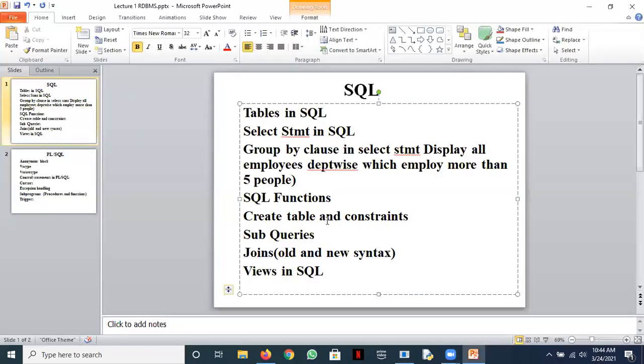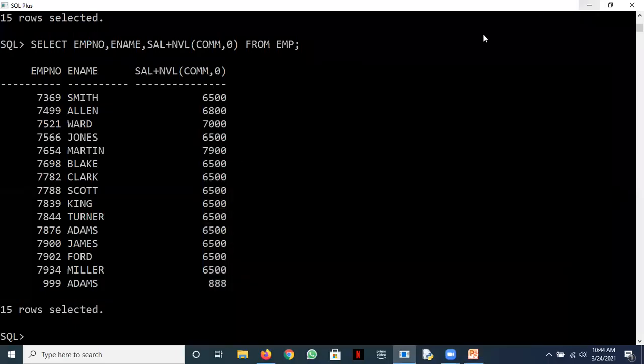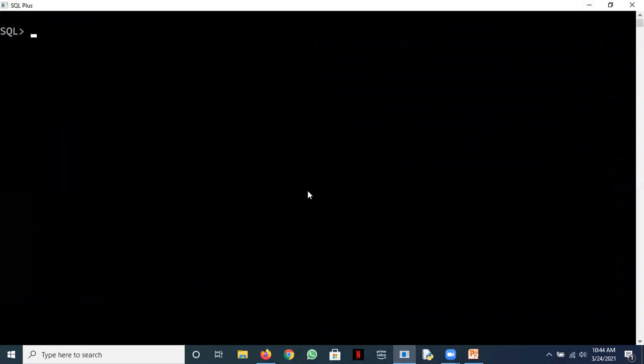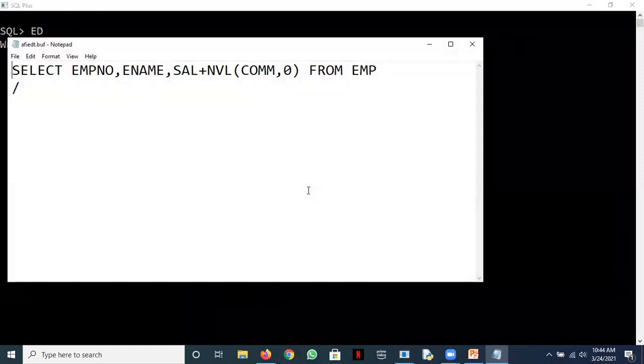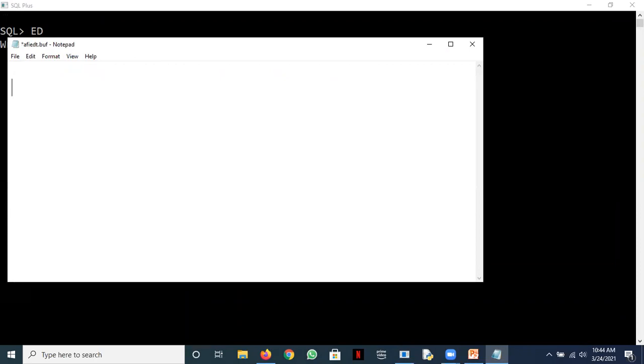Now let's go to create table and constraints, something maybe which you have some problems with. So let's create a table. That should be the next thing that you would be doing. So create table goes like this. I'll use the editor for it. All of you are aware of the usage of the editor. So create table, say we'll go with the student table.